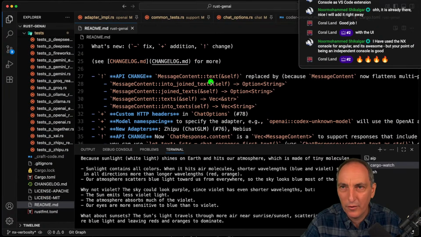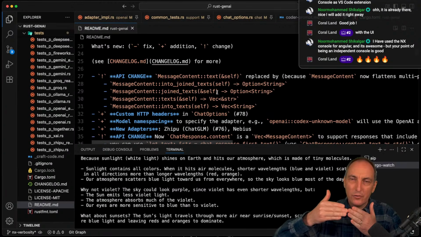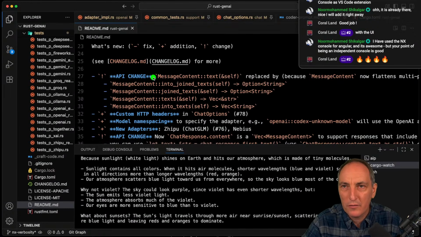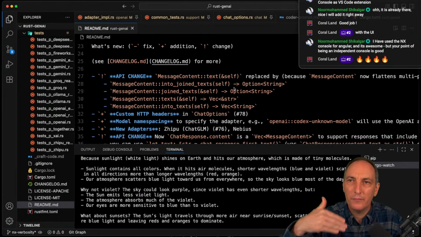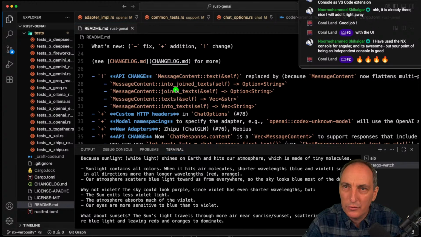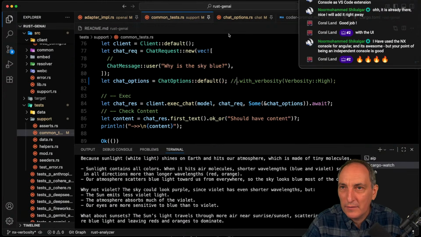Yeah. So before you had this, but now you can join text. So a message content has multi-parts by default all the time. But you have all of these convenient functions that you can get content out. Yeah. So that, and then this guy here has become first text, if you only want the first text. But typically you will do into join text. That is what typically you would want to do. So anyway, all of that to say that